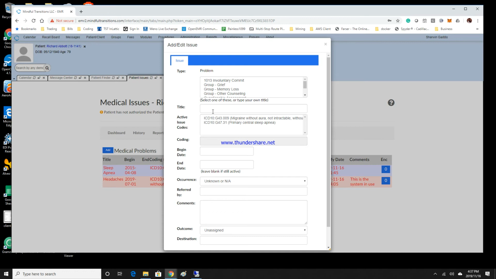if I'm going to be recording a new code, as you can see out on the left here under title, where it has sleep apnea and headaches, you can give it a title, and the title is completely free text, so it's up to you how you're going to title it, but of course you can also title it like the ICD-10 as well. And in this case, I'm going to,